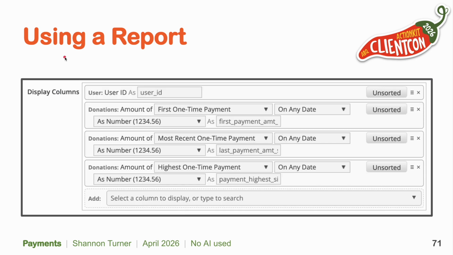For display columns, I'm going to use the user ID. This is really important. You've got to include that. And then next, I'm going to include all of the columns that I want to be able to use in my report. So that's going to be the amount of the user's first one-time payment ever, or maybe the amount of their most recent one-time payment, or maybe the amount of their highest one-time payment, which is pretty similar to